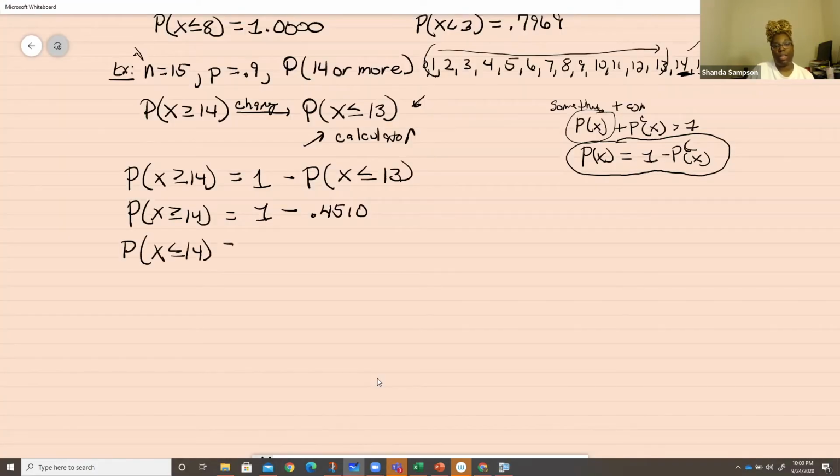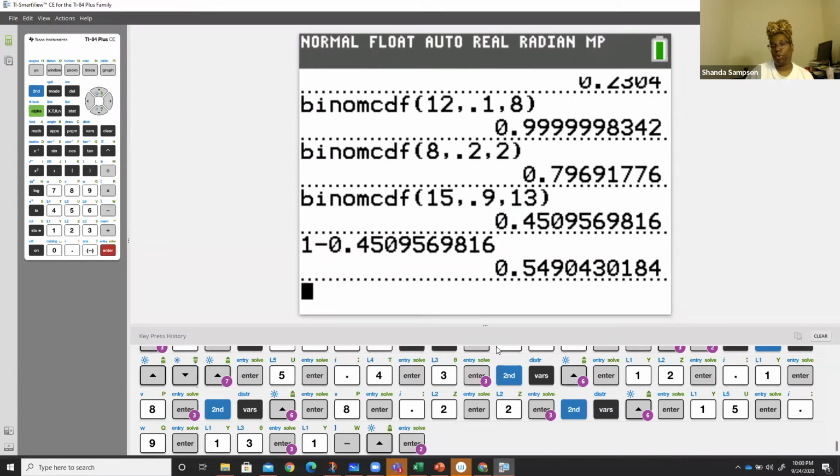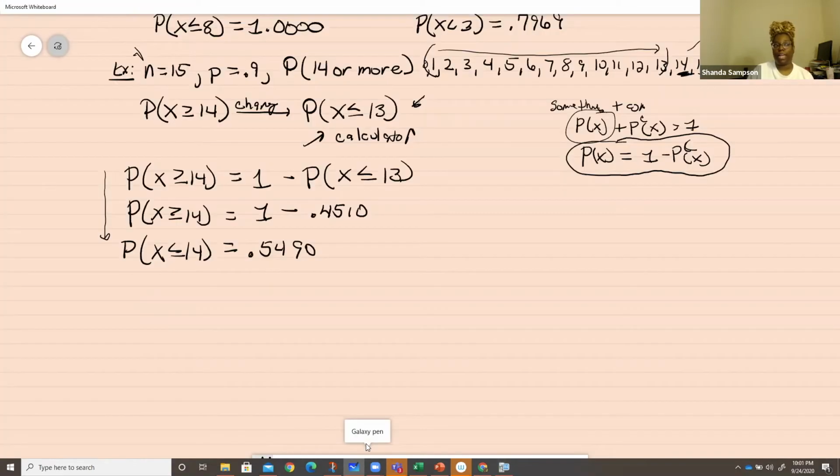So our question, you see how I'm writing it? I'm letting you know, students just be writing all over the paper. They don't tell me where the answer is. Don't circle your answer and then not label it. You can see how I carry down my label here so I know the answer. So all we need to do in our calculator right now is 1 minus 0.4510, which is 0.5490. And if you look at it, this plus this is equal to 1. Remember, something and its complement will be equal to 1.